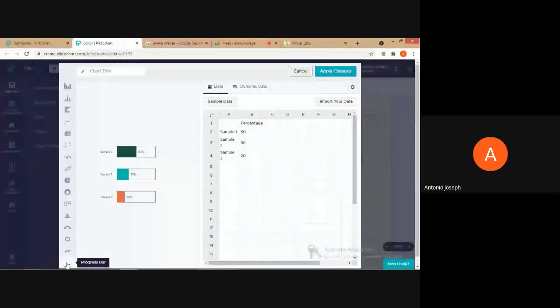We can save our time for creating such contents, and at the same time we can use some images or templates that are already available, or we can use some elements so that it will look like an interactive one. So if you are looking for some infographic reports or something like that, PictoChart is an ideal option.